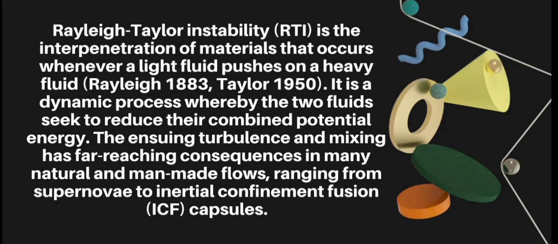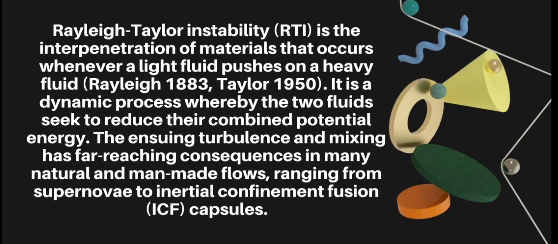Rayleigh-Taylor instability is all about the interpenetration of materials that occurs whenever a light fluid pushes on a heavy fluid, according to Rayleigh 1883, Taylor 1950. It is the dynamic process whereby the two fluids seek to reduce their combined potential energy. The ensuing turbulence and mixing has far-reaching consequences in many natural and man-made flows, ranging from supernova to inertial